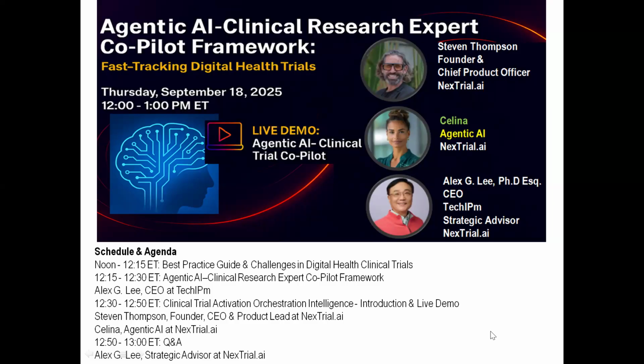But in the second half of the time, we focus on one of the most important parts of clinical trials: just after design, when you start the clinical execution, there are challenges to starting your clinical trials. So we are going to talk about our new innovation, patent pending, clinical trial activation orchestration